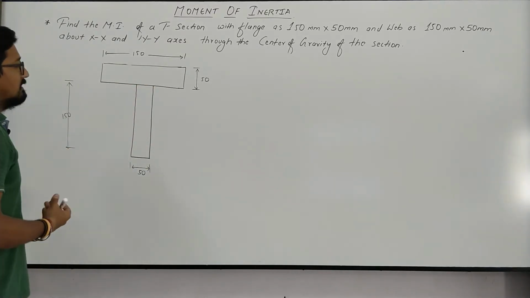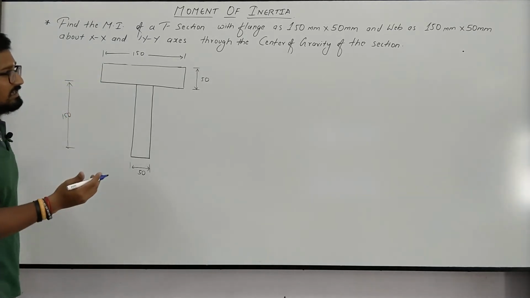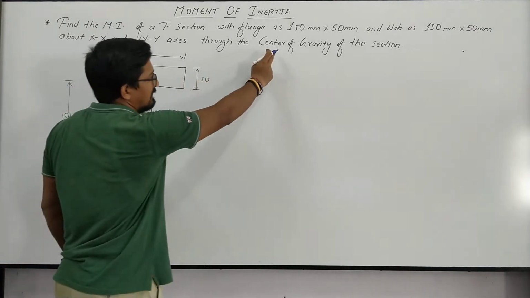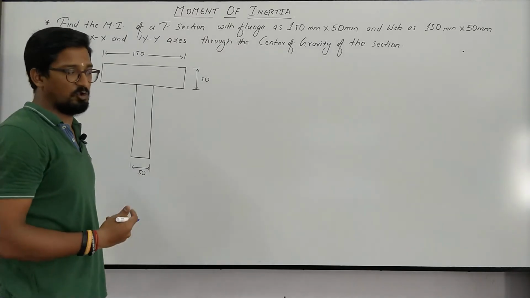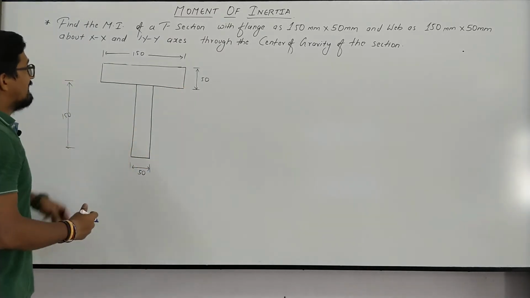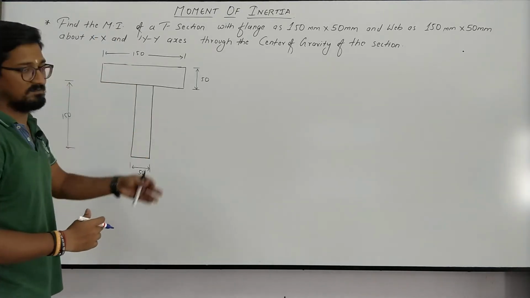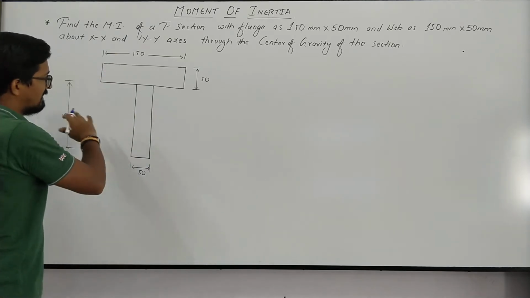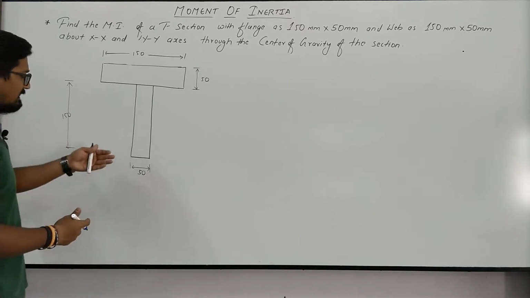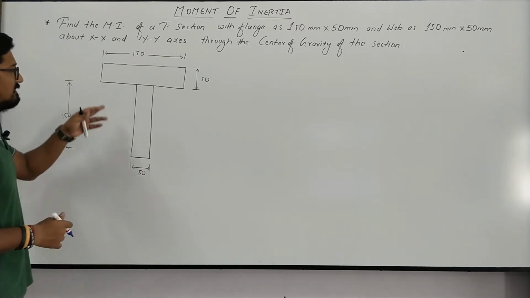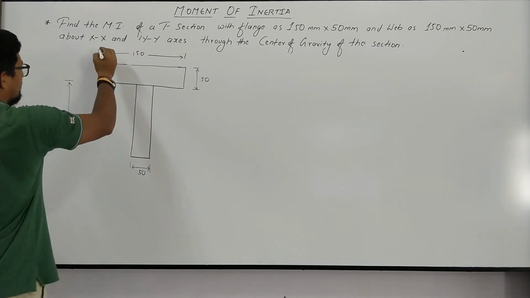So let us start. You can check the videos regarding how to find the center of gravity or the centroid of different sections in my playlist moment of inertia. There I have solved 3 to 4 numericals based on it. Again, for finding the moment of inertia, we have to find the position of the xx and the yy axis, meaning where exactly they lie on this section. Before entering into the problem, we have to see where the reference axis is. So first we will draw the reference axis, correct?